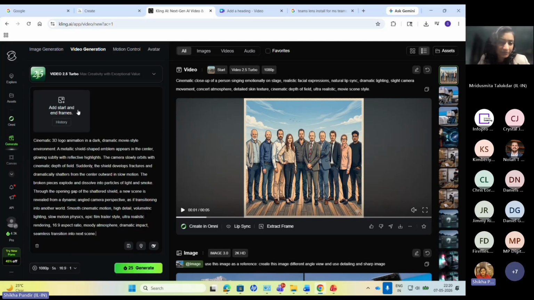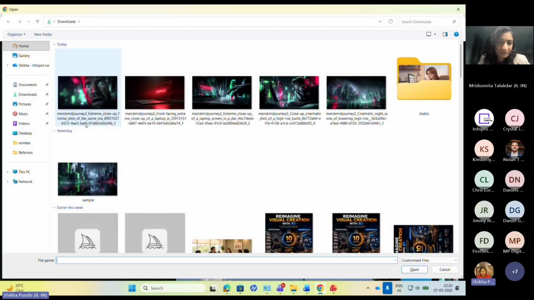We have to insert our prompt here, and we have to select images.